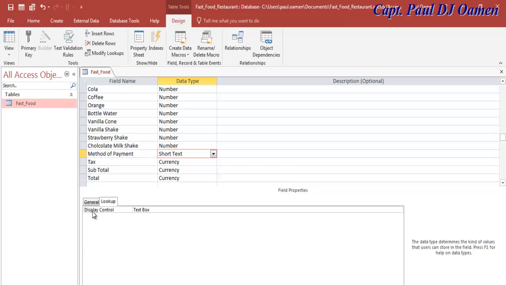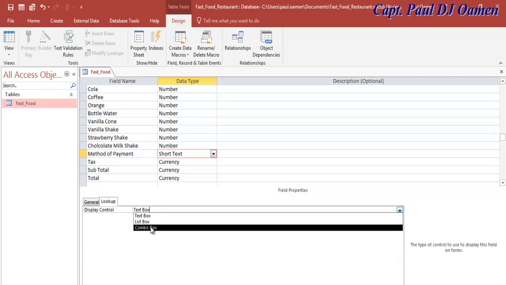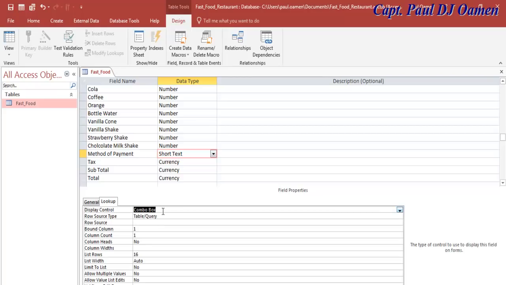I will change the design control of the method of payment to combo box. Once that is changed to combo box, now you see where we have row source type instead of table/query. Let's change that to value list,